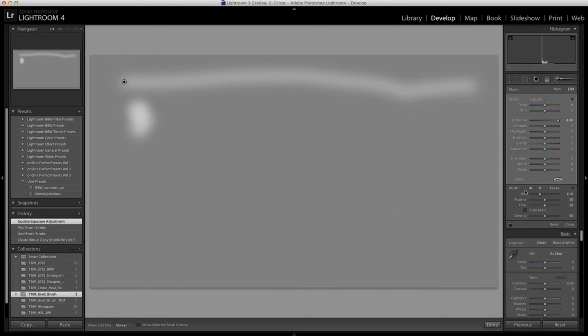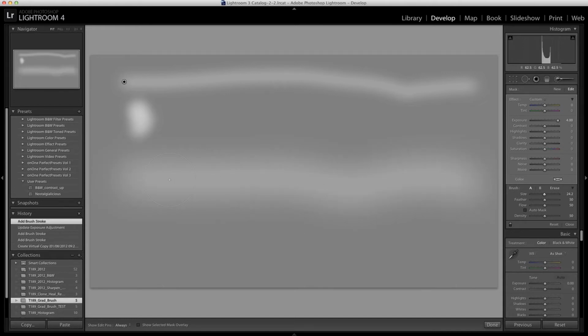So I can adjust the size of the brush. You'll notice that the outer circles get larger, and these represent the size. So I can now paint the effect over a wider area. I'll just undo that. The next option we have is something called Feather, which controls the outer ring of the